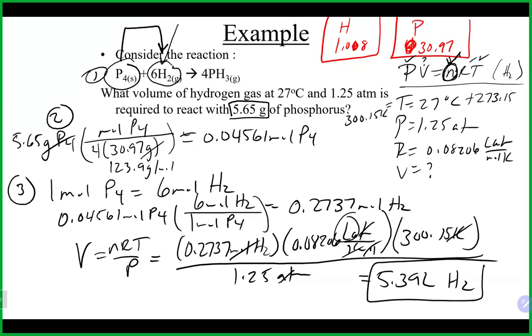This is not a yield because it's not a product. So this is just how much of the other reactant you would need to put in there in this case. Again, hopefully you can see it's really the same four steps. As you can see, it's super common at the end to use the ideal gas law, but not always. You sometimes do have to use it at the beginning, but it's a very common ending, looking for the volume. Any questions on any of those steps?